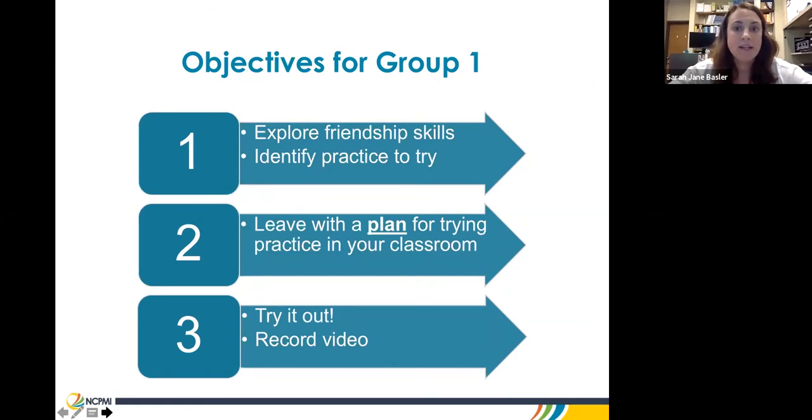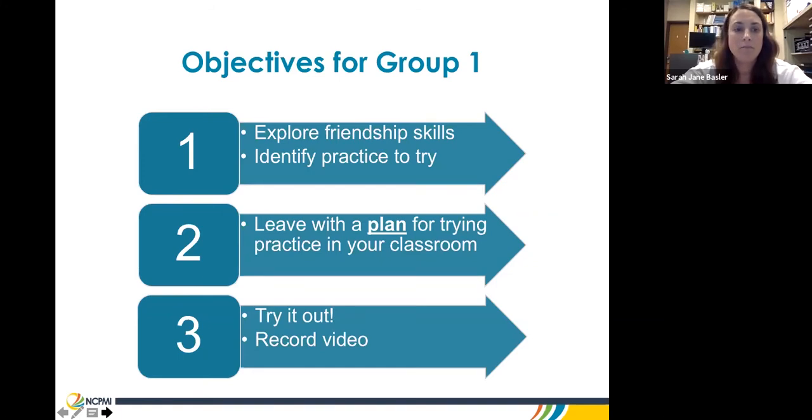So this is an example. Well, these are actually the objectives for our friendship group 1. And so each topic had 2 group meetings. So for the first friendship meeting, we shared information about friendship skills. We provided materials to teachers to help them implement new strategies in their classroom.